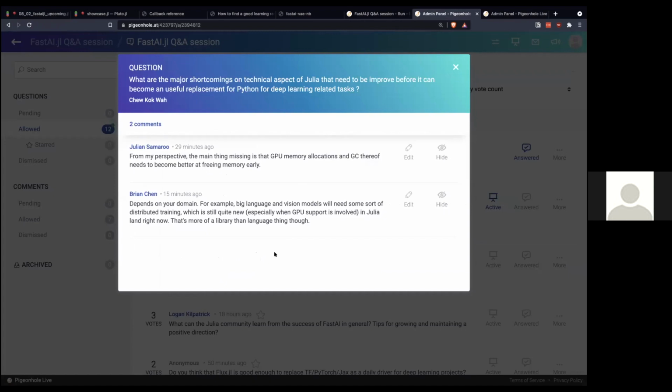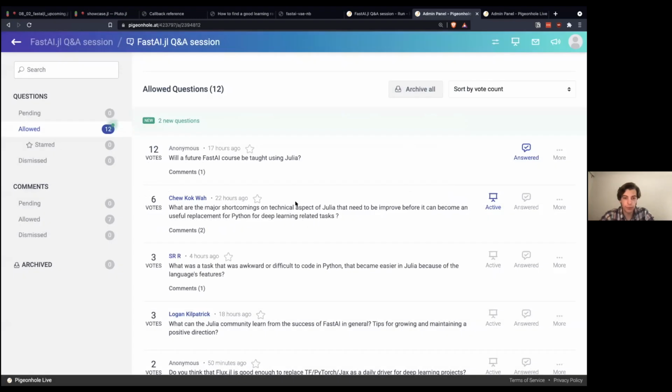There's a few different ways to tackle this, but we already have one solution in progress being prototyped, which is to essentially use the compiler to determine when memory can be freed and finalized early, such as GPU arrays. So that's a work in progress that is probably going to be coming to Julia reasonably soon. Okay, cool. That sounds very promising.